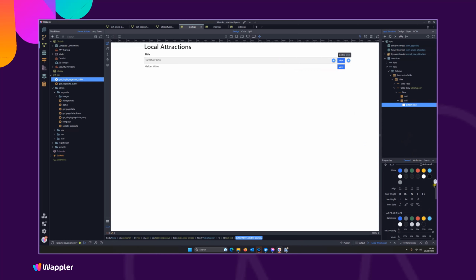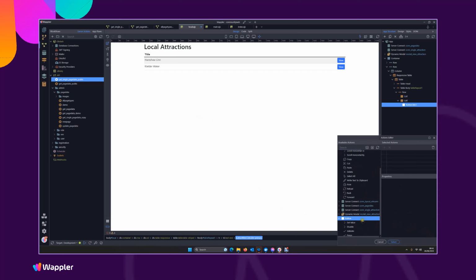So what we're going to do is we're going to add a click event to this. Dynamic events, mouse click. What we want to do is to, on the click of that button, we want to send a message to this get single page data API action saying please get record number, and we're going to send a unique page ID to that. So what we do is we'll find that get single attraction